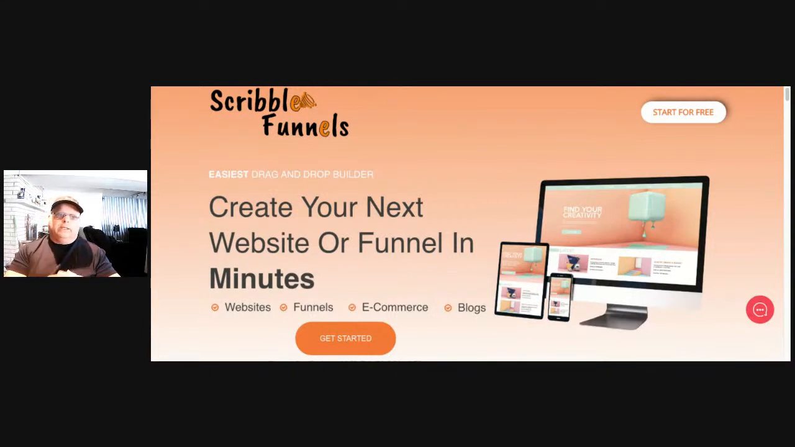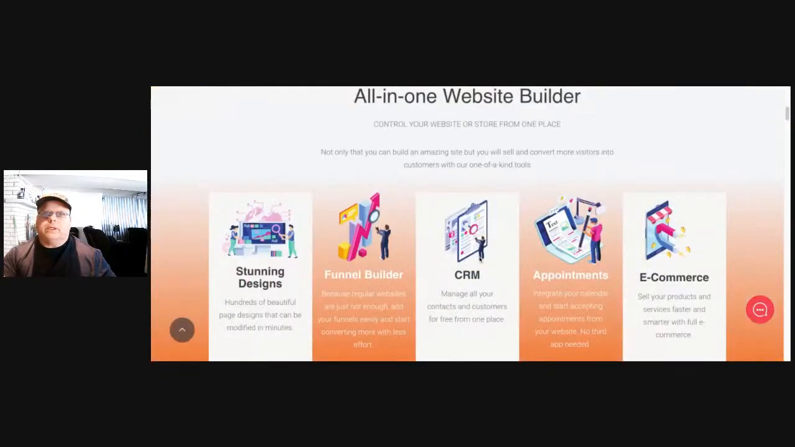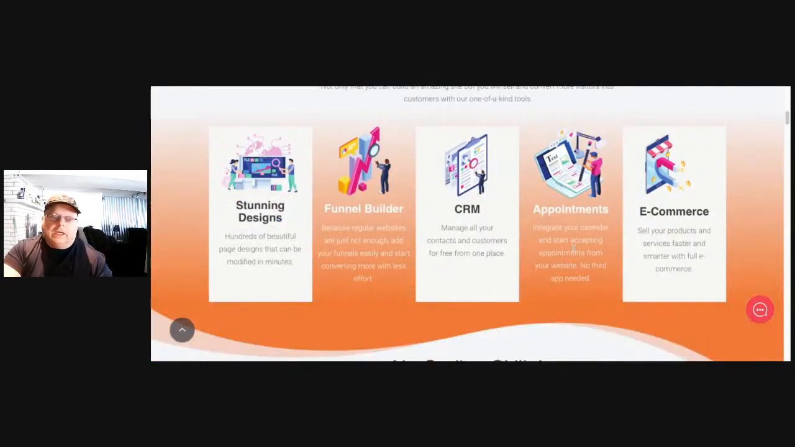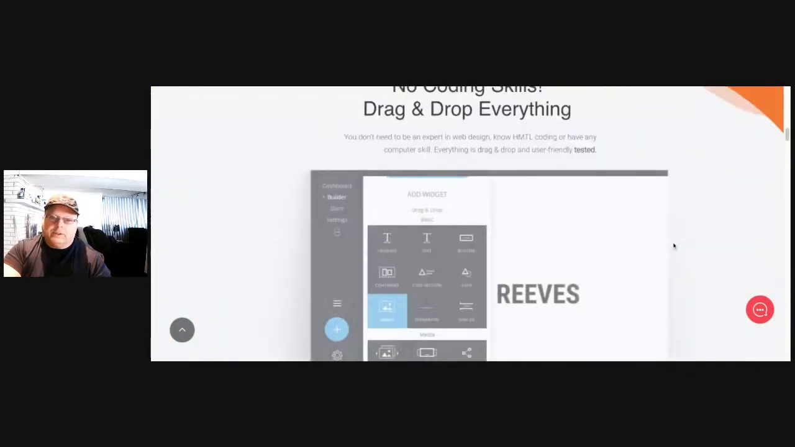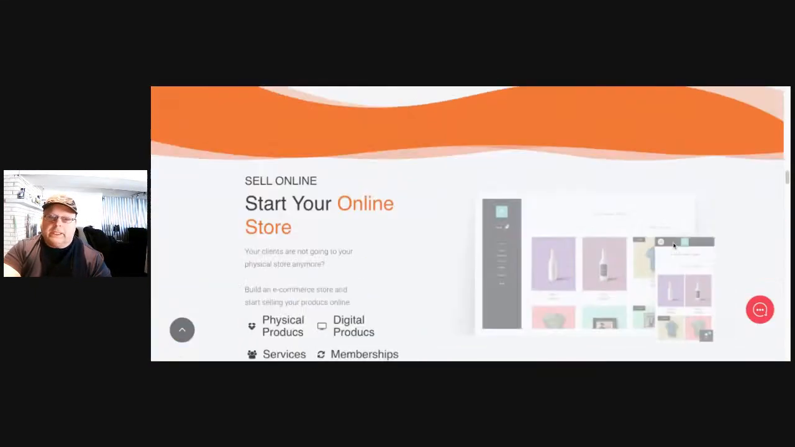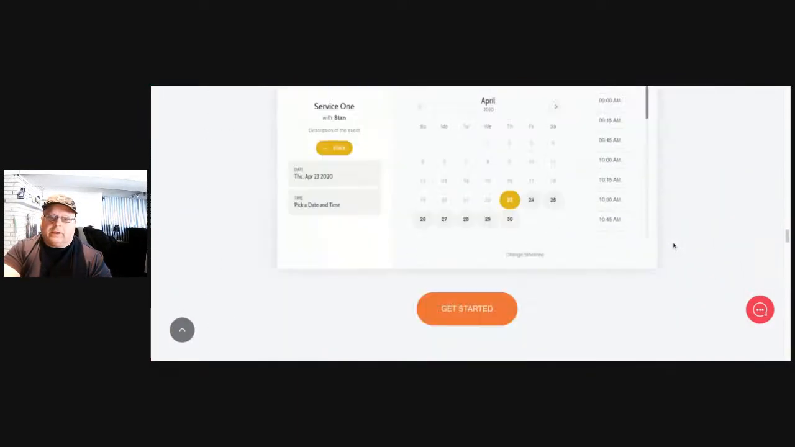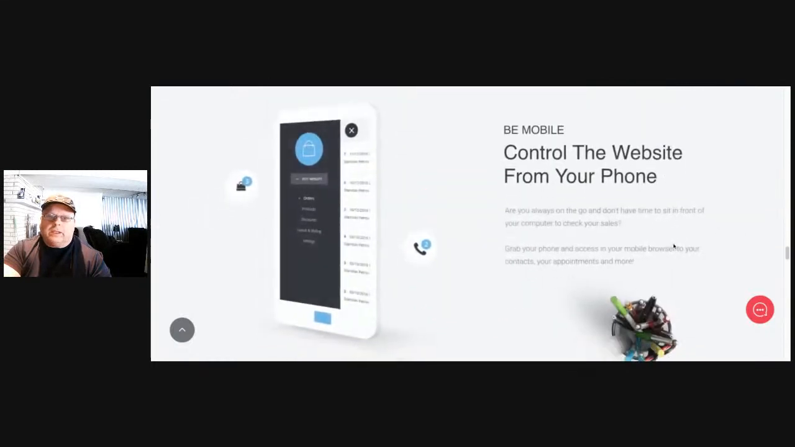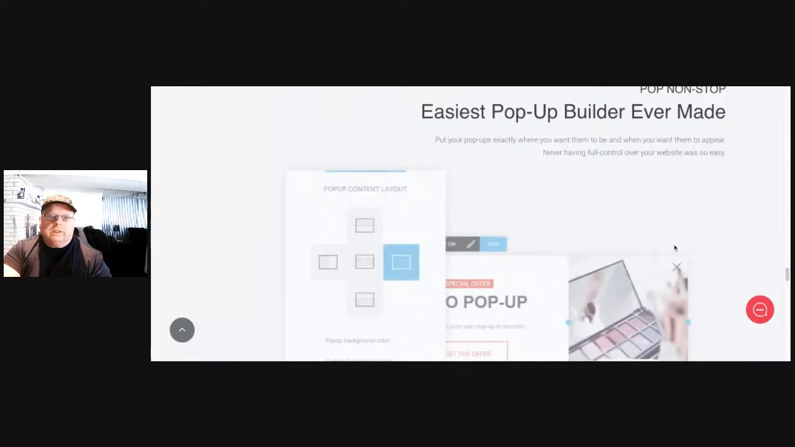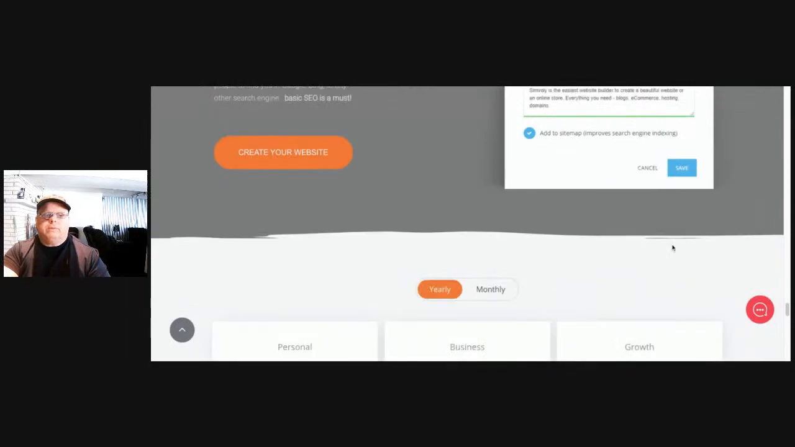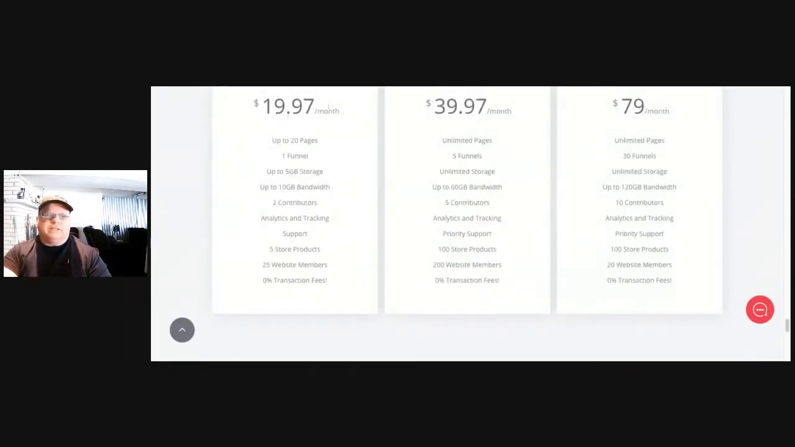You are going to see this is called Scribble Funnels. It is amazing. So here we go, guys. You get an all-in-one website builder. Stunning designs, you get funnel builders, CRM, appointments, an e-commerce store, all from one place, and emails are soon to be here. Take a look at everything, it looks so nice, well laid out. You can control the website from your phone, throw a pop-up on the site, easy to do search engine optimization, and the best part is it's very affordable